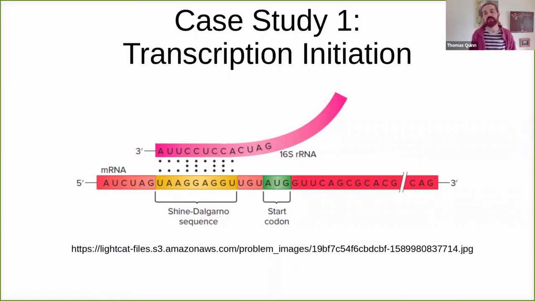One of them is the start codon, which is the part of the RNA that becomes protein, and that has the motif AUG. But there's another motif that's upstream or to the left of that start codon called the Shine-Dalgarno sequence, which is often given something like GGAGG. It's the combination or concert of these two motifs that initiate transcription, and having one without the other won't result